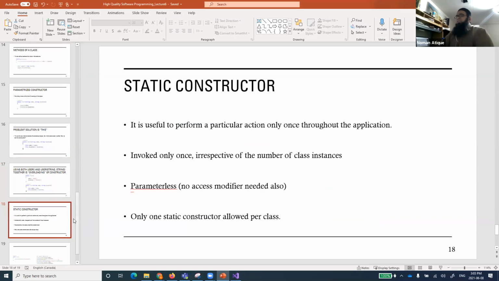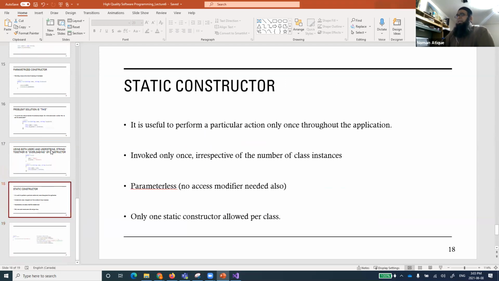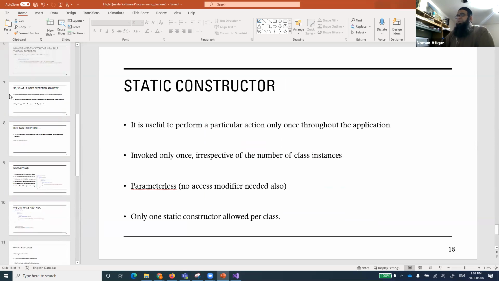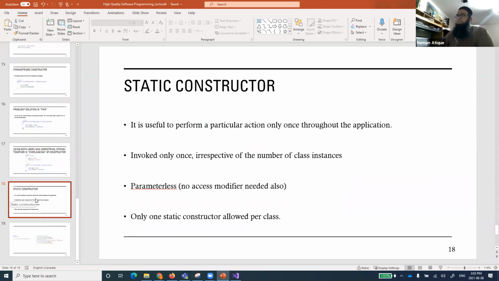There is one thing, the static constructor, that I've not discussed, and I'll discuss that maybe in the next class. In the next class, I will also take out the inner exception topic. We have the solution as well. Some student has also shared that solution, and I will start from the static constructor and come across these constructors and all this. So I'll keep this to this point, and for the timing, I'll take out the static part later on, and I will share this file with you people on our week 4.